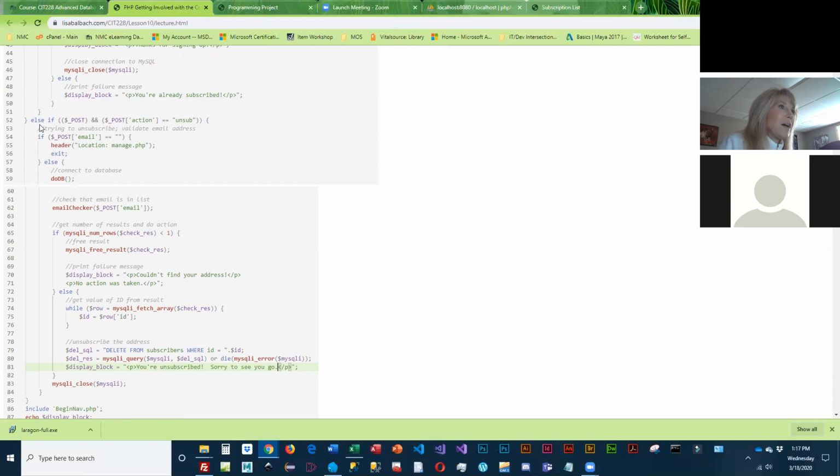So here we have our else. It's checking to see if it posted, and now it's checking to see if the action is unsubscribe. So it's checking the email, because if they want to unsubscribe, they need to enter the email. If they haven't put the email in there, we have to redirect them to the form because they have to enter that, okay? As long as they've entered the email, we do the database connection, we check for that email address, clean it up,